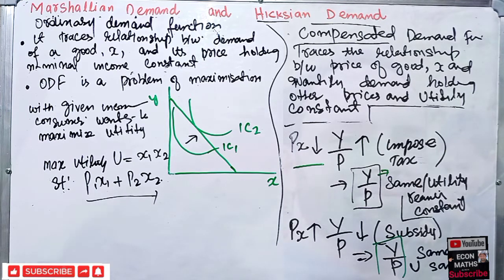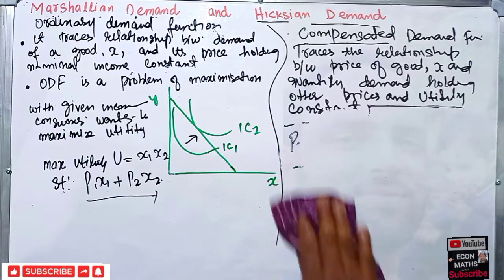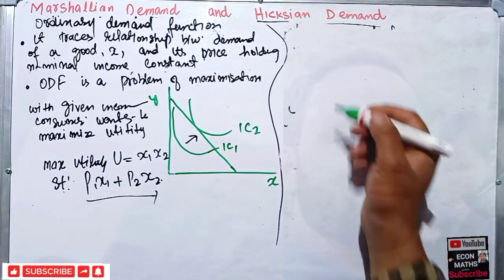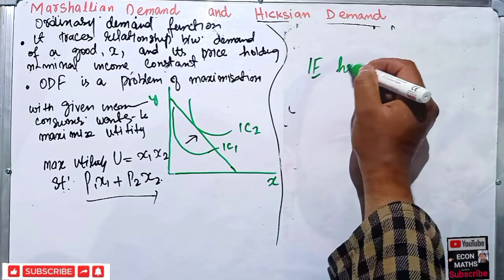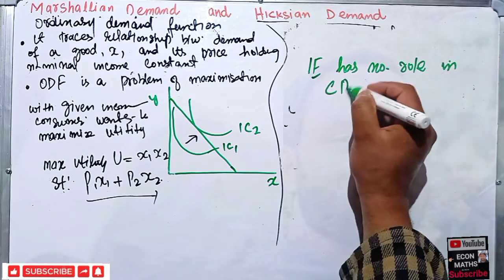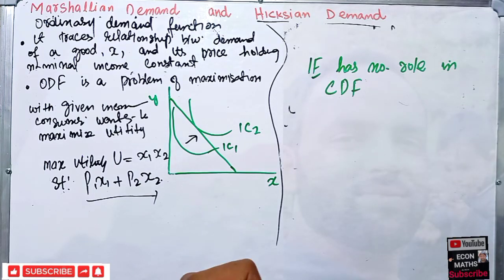So in this case, the income effect has no role because the real income remains the same. So the income effect in the compensated demand function doesn't have any role. I will write here: income effect has no role in compensated demand function. But the substitution effect will